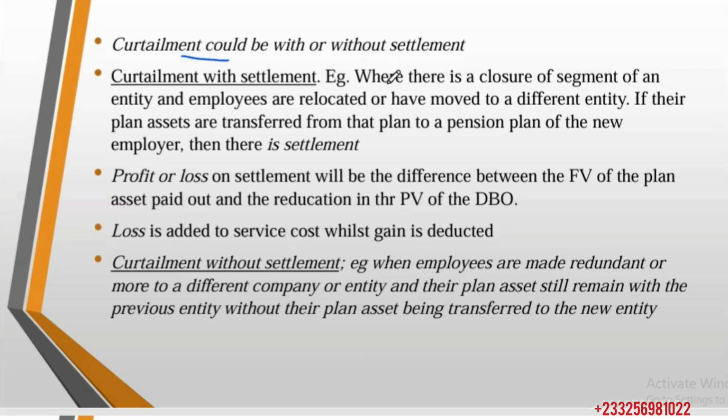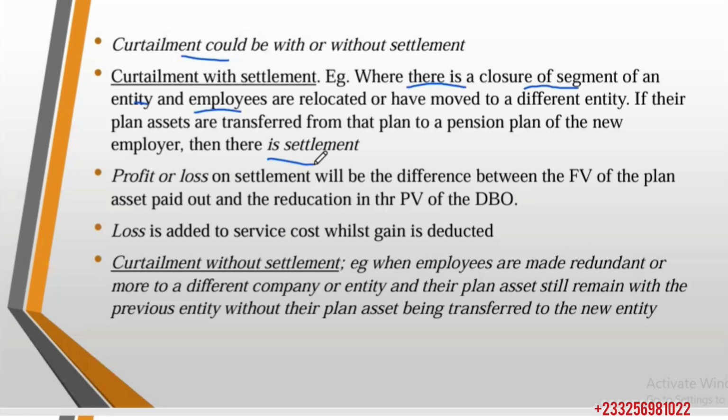It says an example where there is a closure of a segment of an entity and employees are relocated or have moved to a different entity. If their plan asset has been transferred from that plan to a pension plan of the new employer, there's settlement. So when there's a closure of an entity, or redundancy, or termination of appointment or contract, and these employees are moving to a new organization, or moving to a pension plan of the new entity, of the new employer,